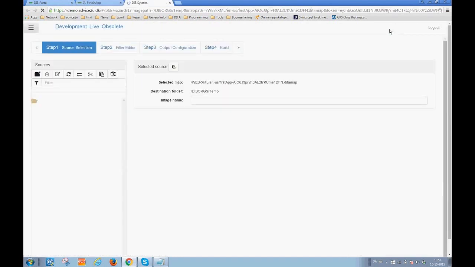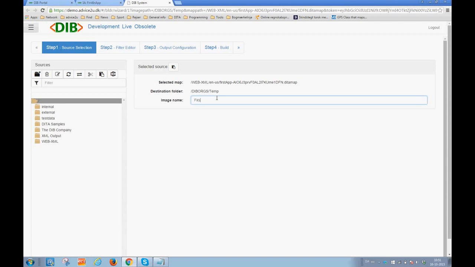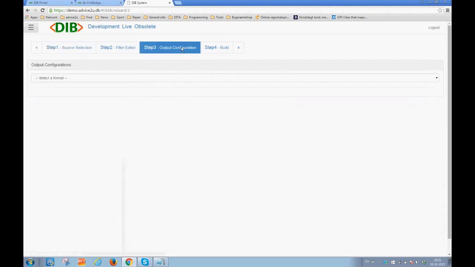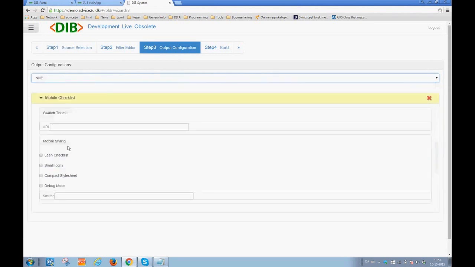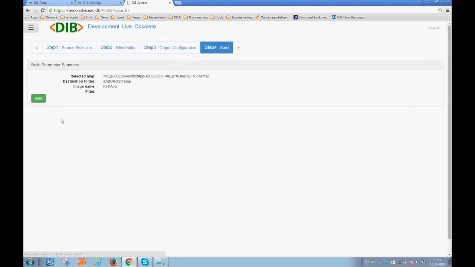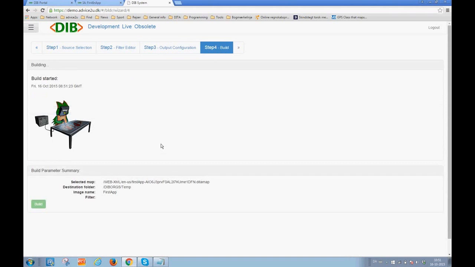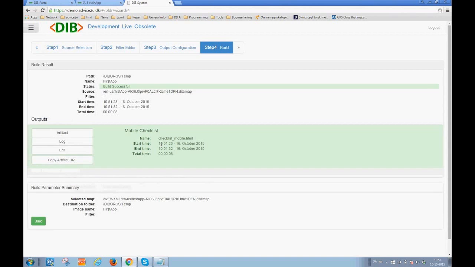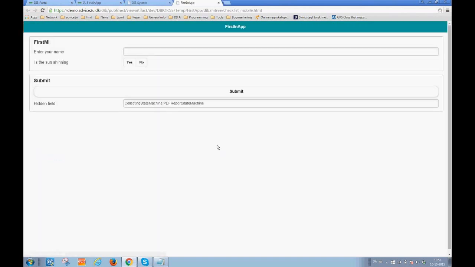And now I'm ready to build this mobile application. So I switch to the builder and type in a name again. That's because I can use my, so to speak, code to generate many different versions of the same app. So I build the mobile app here, and it will take half a minute or so. So we have a little animation coming up entertaining people in the meantime. And I validate my app. I'm not completely satisfied. As you can see, I have my hidden field, which is not really hidden.